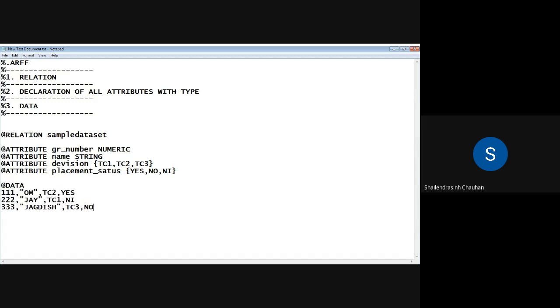Currently this file is a text file and we are creating an ARFF file. So for that, I need to save this document as an ARFF file. Right now I will save this as ARFF. Okay, let me share the screen.